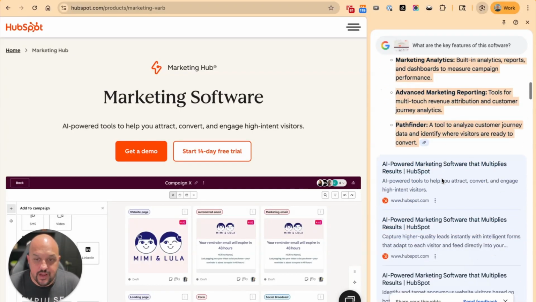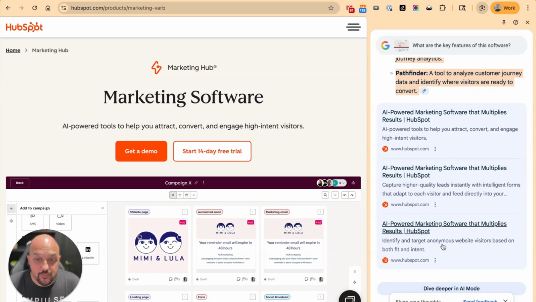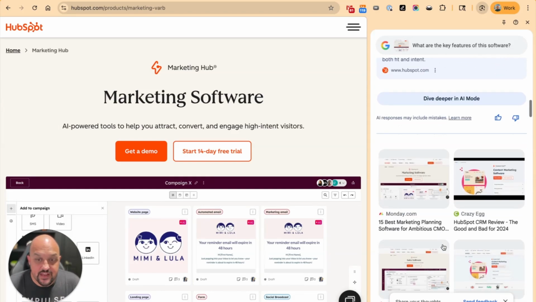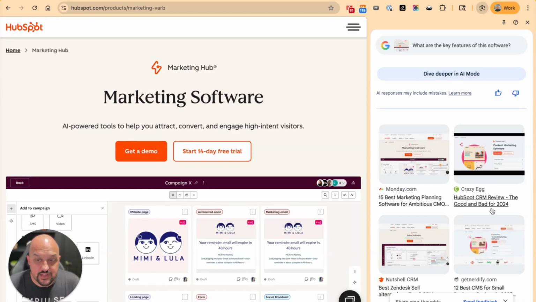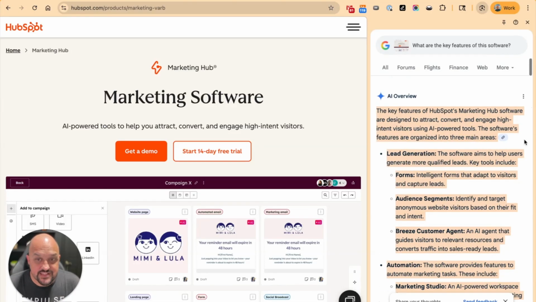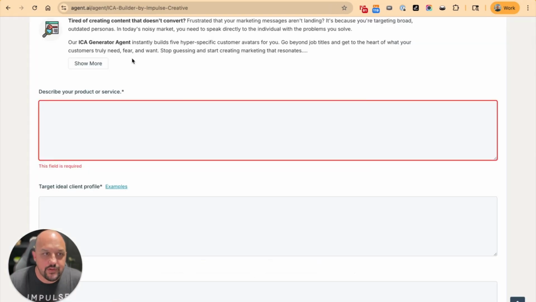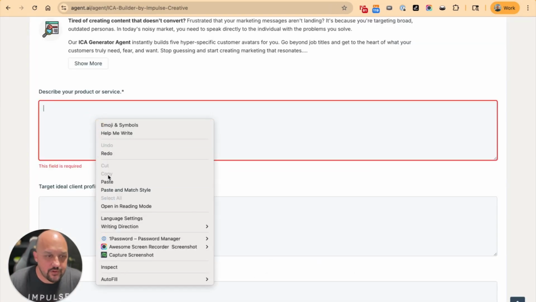And I'm going to copy that. And you can see it's pulling from multiple pages about this. It also provides additional information around the software. This overview is coming from more than just this page. And this is why it's so important for us to be ultra specific with our target audiences or our ideal client avatars. And then we're going to come into the describe your product or service and we're going to hit